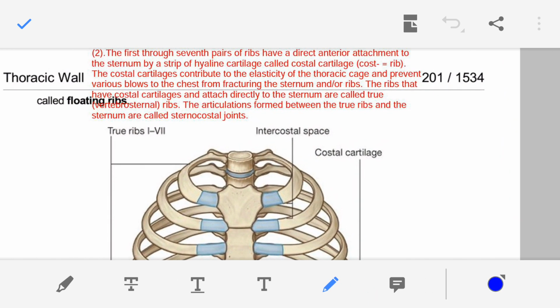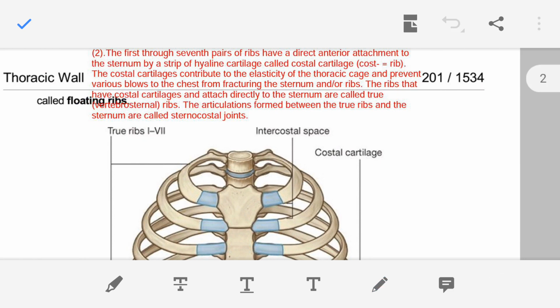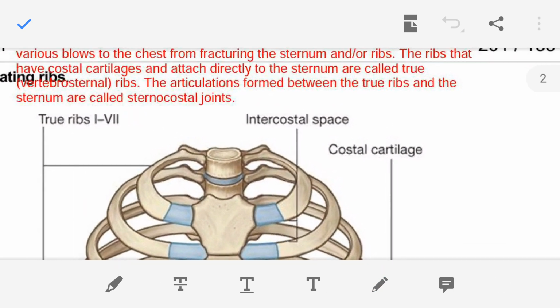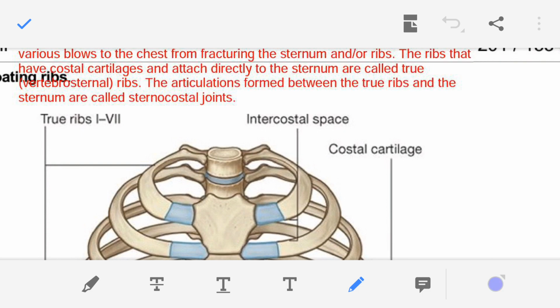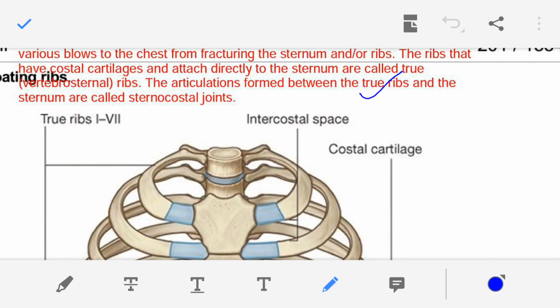The true ribs, first to seventh pair, are also known as the vertebrosternal ribs. And the joint or articulation formed between the true rib and the sternum is known as the